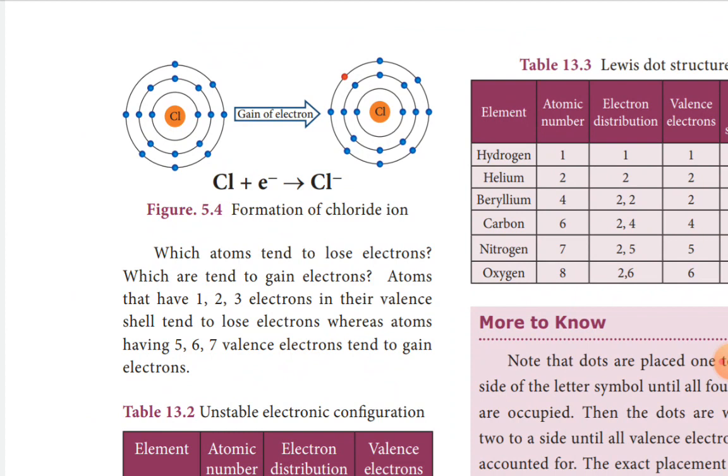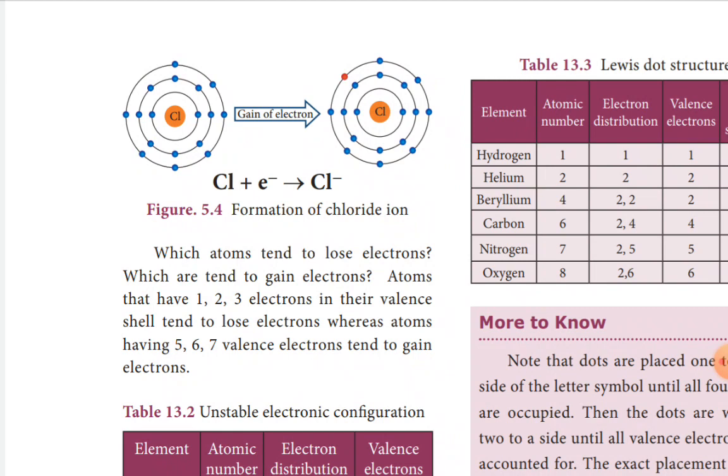So it's going to gain 1 electron from the combining atom. Suppose it is going to combine with sodium, from the sodium it is going to take that electron. So by gaining 1 electron, the outermost shell is going to be fulfilled, satisfying the rule of 8. So now chlorine has 8 electrons in the outermost shell, and it is also going to be negatively charged because 1 electron is in excess compared to the number of protons.